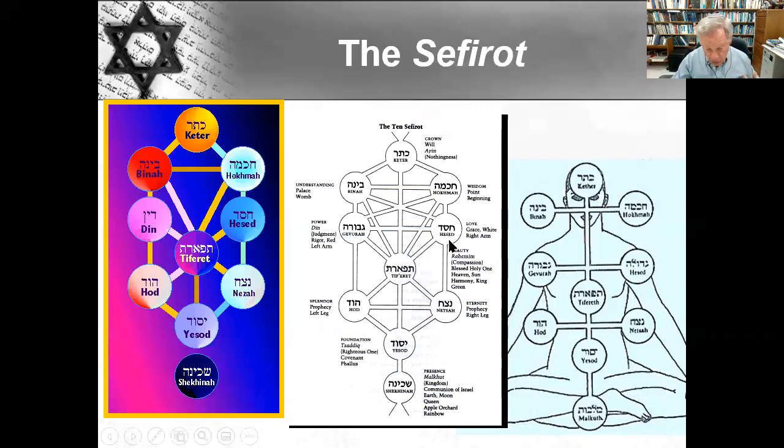And there are 7 lower Sefirot. And you will recognize the number 7 comes up in Judaism all the time. 7 days of the week, 7 weeks in the holiday of Shavuot. And then there's a complicated system here. There's a right side and a left side. There are patriarchs and matriarchs associated with each of these Sefirot. There's a central Sefirah, which is Tiferet, which means splendor. And I'm just reading from the text here: beauty, Rachamim, which is compassion, blessed Holy One, heaven, sun, harmony, king, the color green.